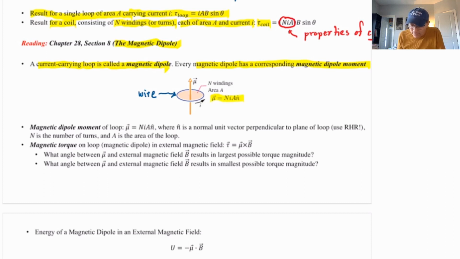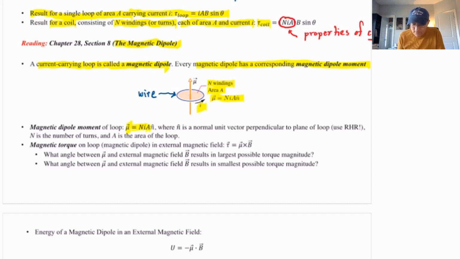By the way, I'm assuming this wire has N windings, and the area inside is A, and the current going around each winding is I. Okay? So here's the definition of magnetic dipole moment. Mu arrow. It's number of windings N, current in each winding I, area inside A, that's the magnitude, and then